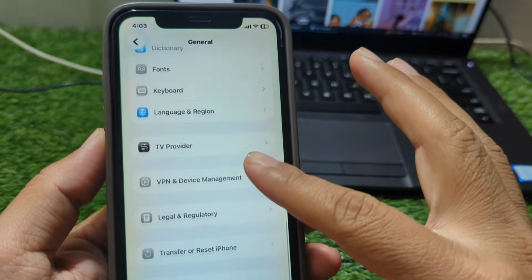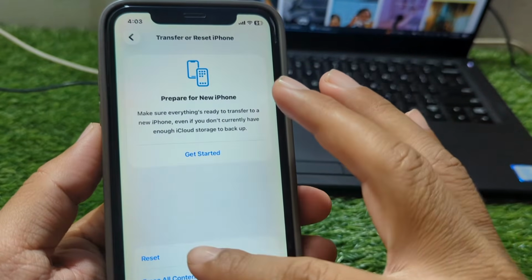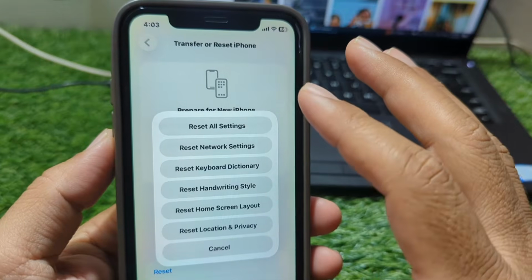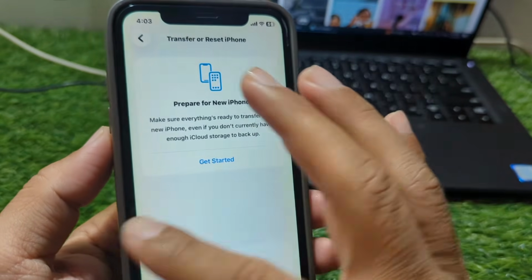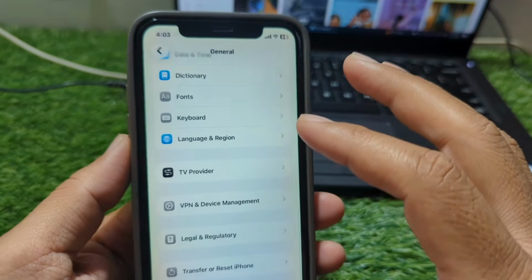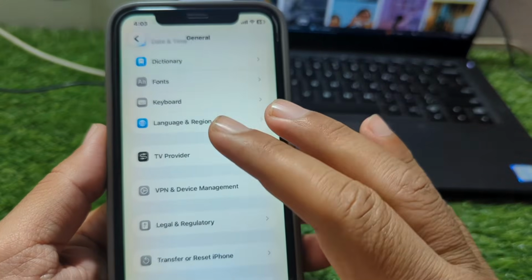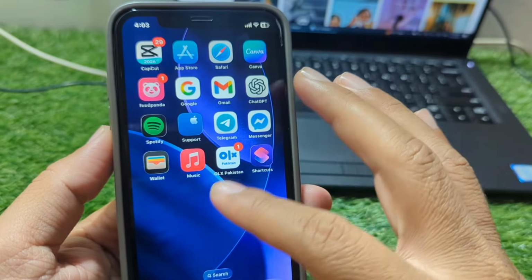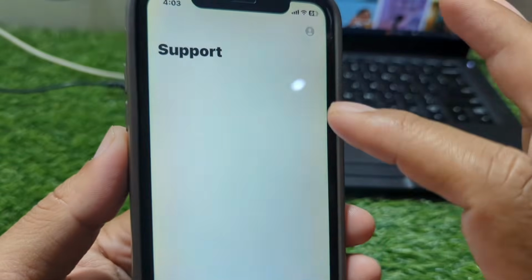So guys, do this and now go to transfer or reset iPhone, tap on reset and reset all settings of your device for one time as well. So guys, do this and check if the problem is fixed or not, and if the problem is still there then you have to simply open the support app